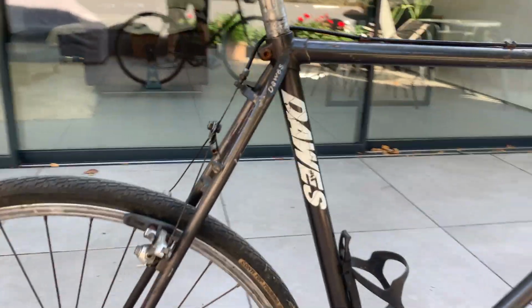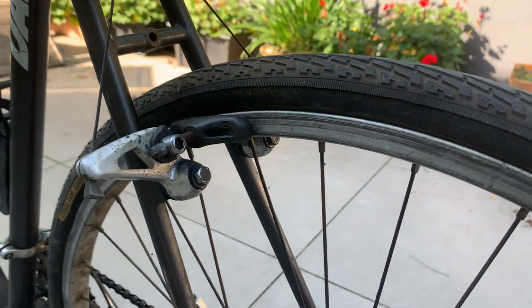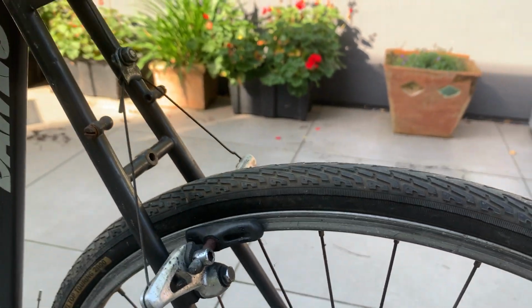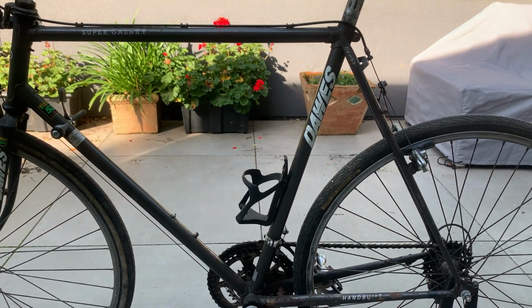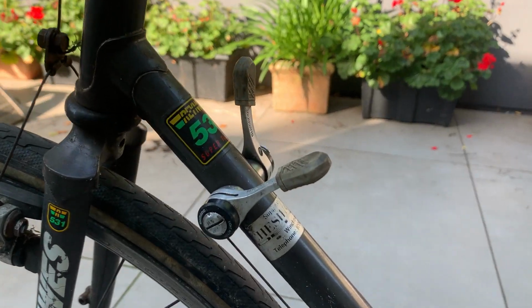The cantilever brakes, very nice, allowing some pretty chunky tyres to be fitted if needed. I think they're MT60s. The beautiful Reynolds 531 tubing for the frame there. Nice